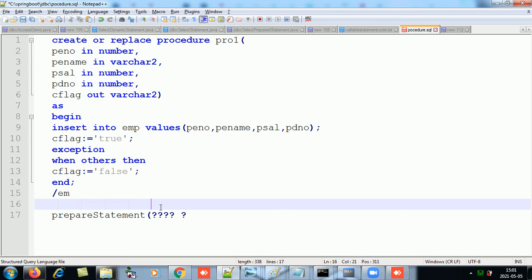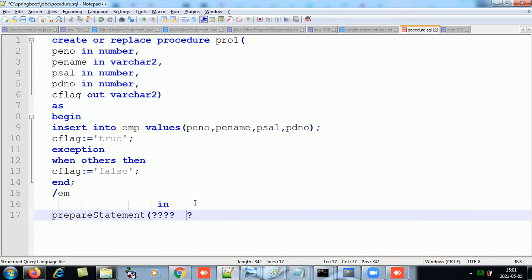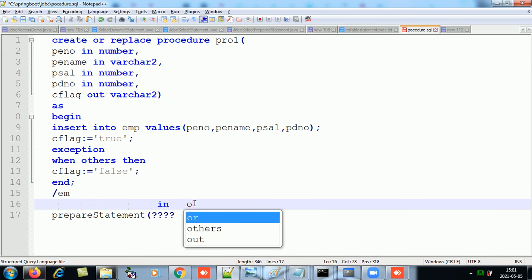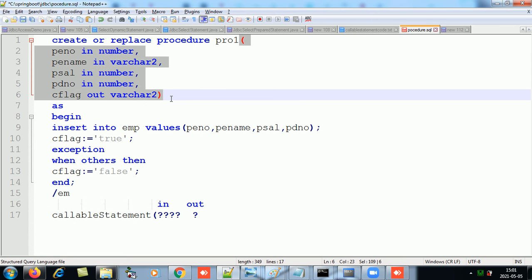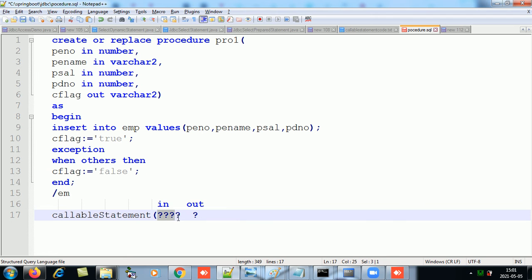In the callable statement also we pass the data as question marks. Depending on how many arguments the procedure you are accessing has, input and output both cumulative, you have to pass that many question marks.